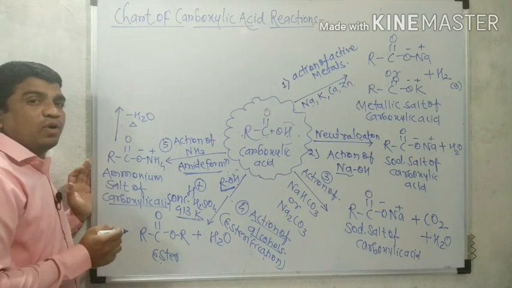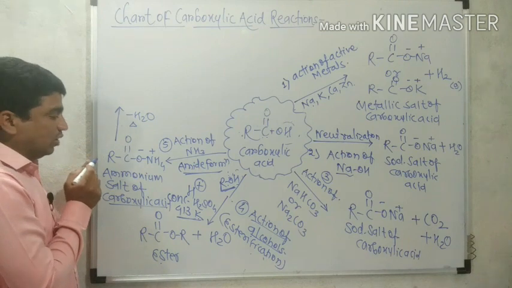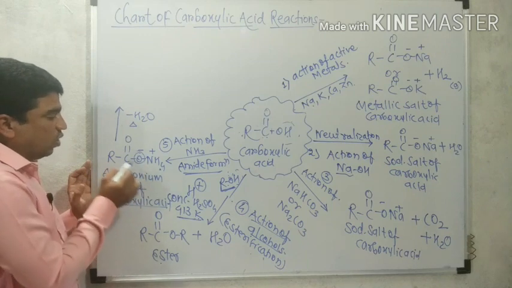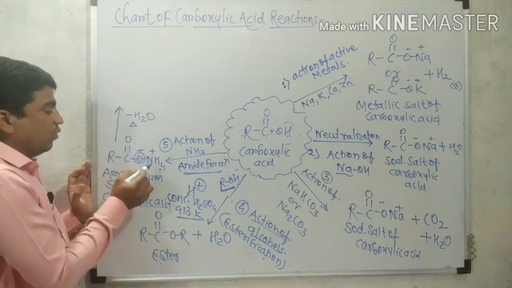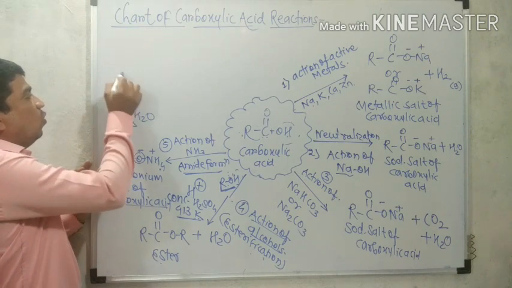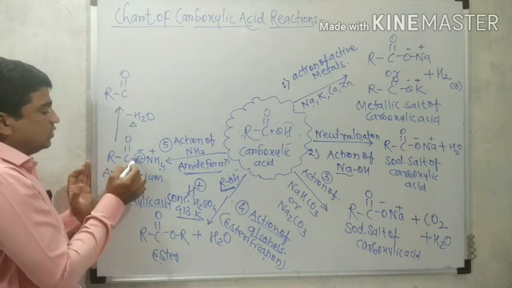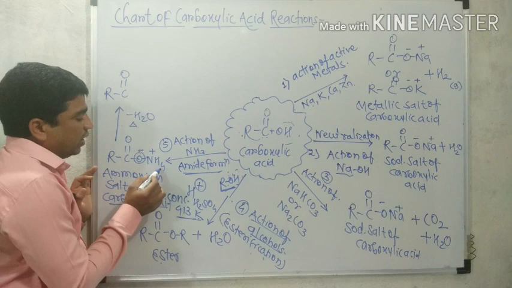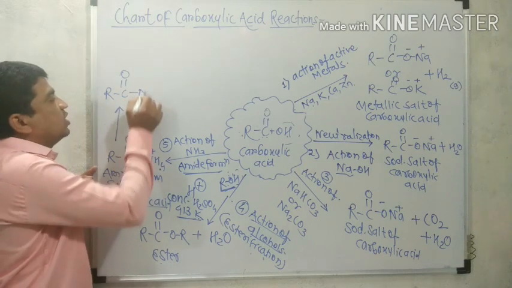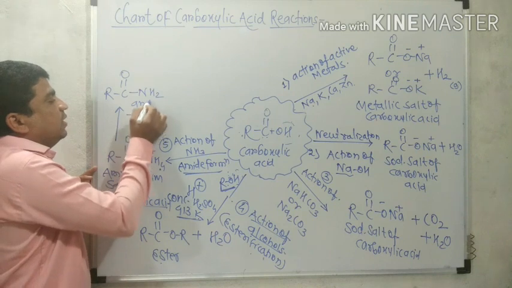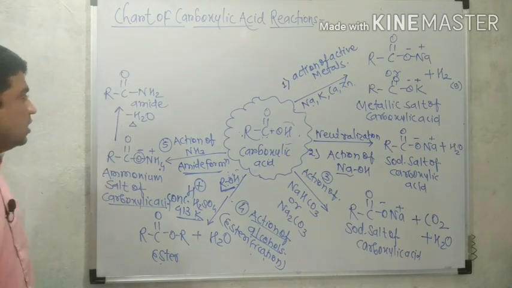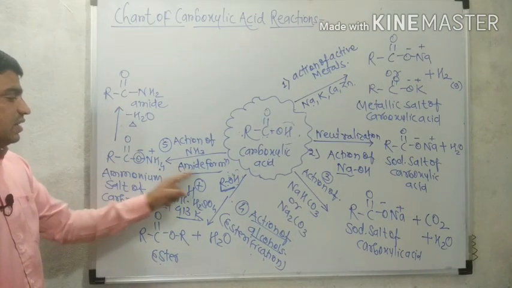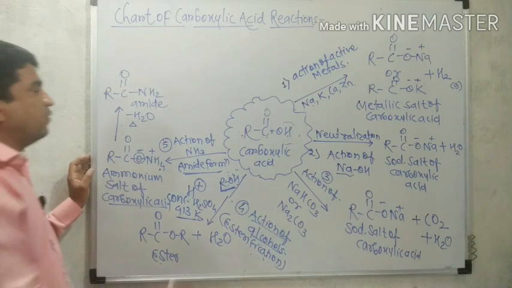That ammonium salt of carboxylic acid, when heated, loses a water molecule from the two hydrogens of this NH4 and this oxygen, forming water. What is remaining? RCO. That oxygen now goes in the water molecule. What remains behind is the two hydrogens after elimination, forming NH2. So that is the amide. We obtain the structure of amide. Therefore amide is obtained as the product in this reaction. This reaction is amide formation, reaction number 5.